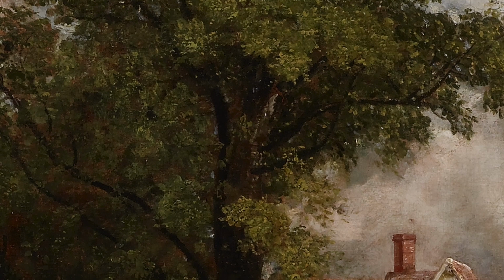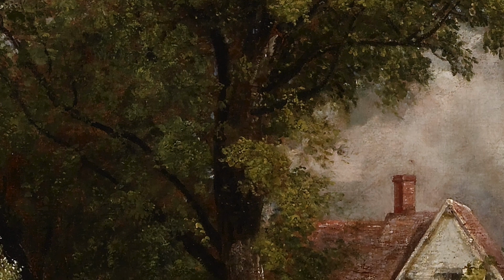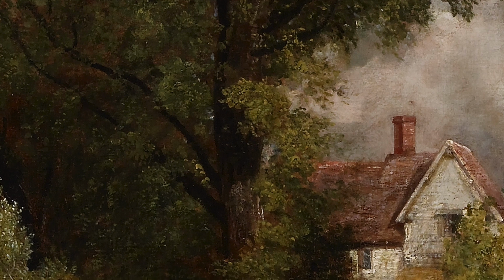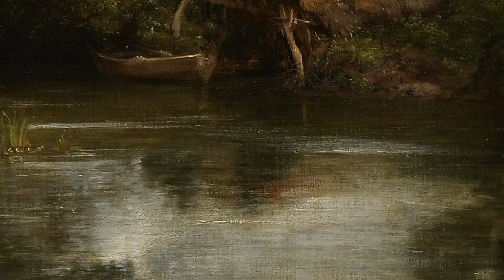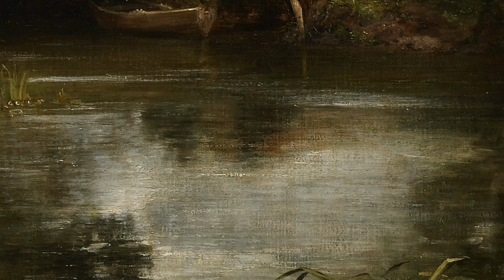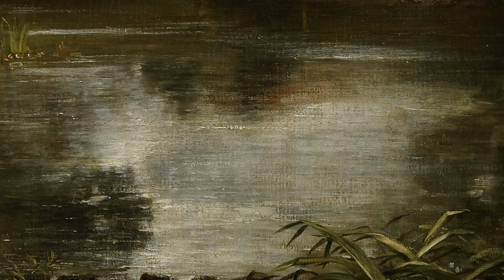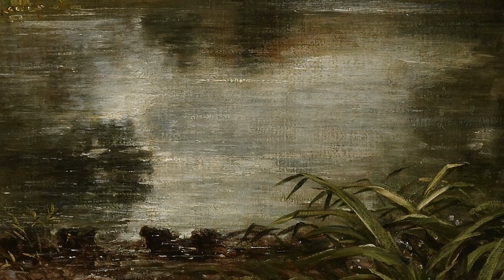In this scene, Constable strives for realism, using dappled brushstrokes and layering shades of green and rusty brown to give depth to the foliage hiding Willy Lott's house and Gibbon's Gate Farm from the viewer. As the river's path leads out of the foliage shading it, we see a patch of the sky reflected on the water between the shadows of the trees. This contrast is enticing, as the bright blue and gray reflection narrows to a point as it draws closer to